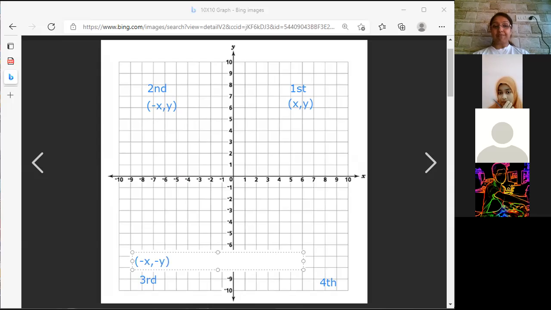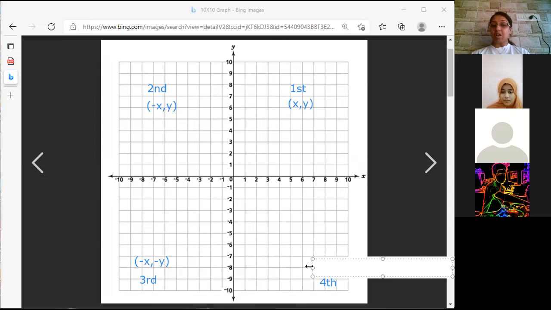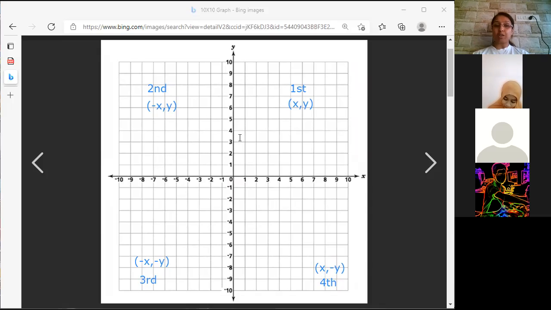See, what are we trying to do? We are first trying to understand the graph paper. We are trying to understand the quadrants, the quarters that we have made. And now we are going to understand where the points will be plotted. If I talk about the fourth quadrant, tell me which coordinate is going to be positive and which is going to be negative. X is positive and Y is negative. Marina, are you understanding what I'm doing? Sufyan, are you understanding what I'm doing? Yes, ma'am. Okay.